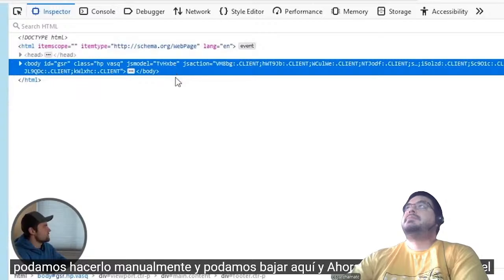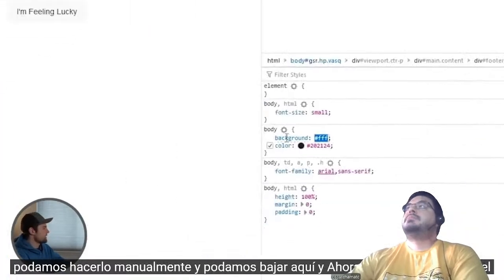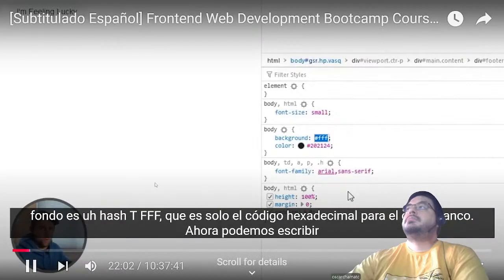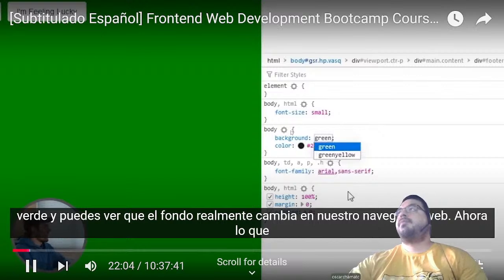So we can actually do this manually. And we can come down here, and right now you see on the body the background is hashtag FFF, which is just the hex code for the color white. Now we can type in green, and you can see